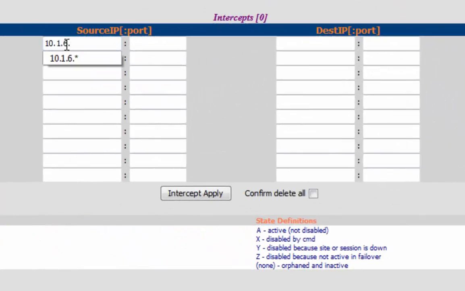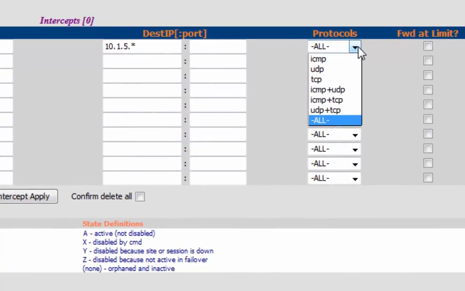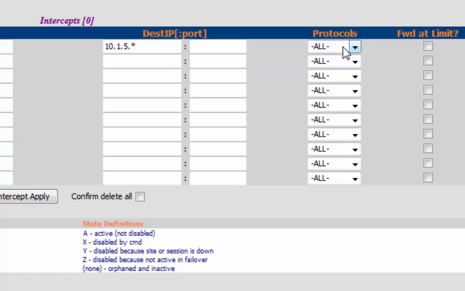An IP address can be wildcarded on a byte boundary using an asterisk. A blank port entry includes all ports for the configured IP address. The Protocols drop-down menu lets you control whether this intercept will apply to ICMP, UDP, TCP, or a combination of these IP protocols. Forward at limit determines whether to forward or drop a new connection if the HyperIP has reached